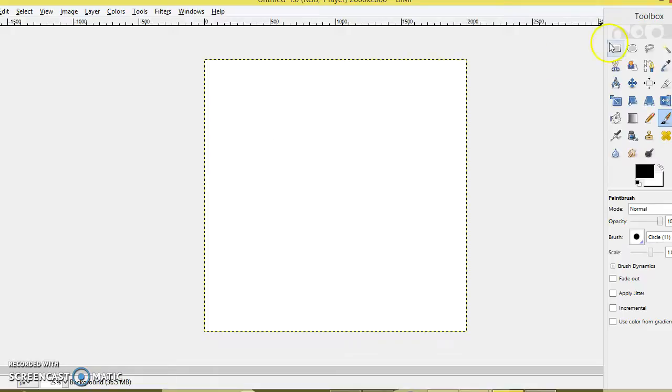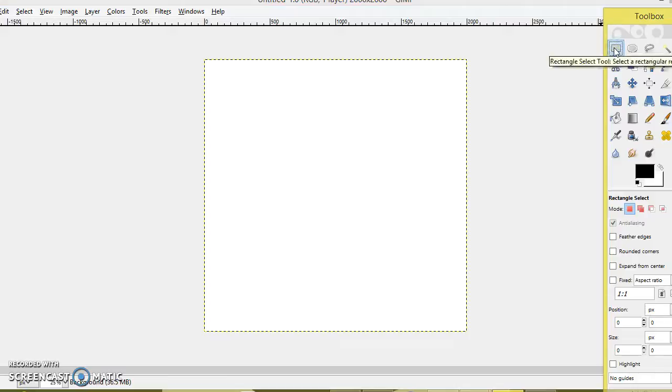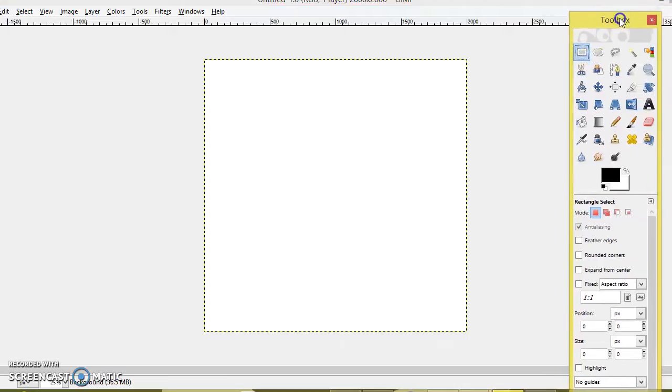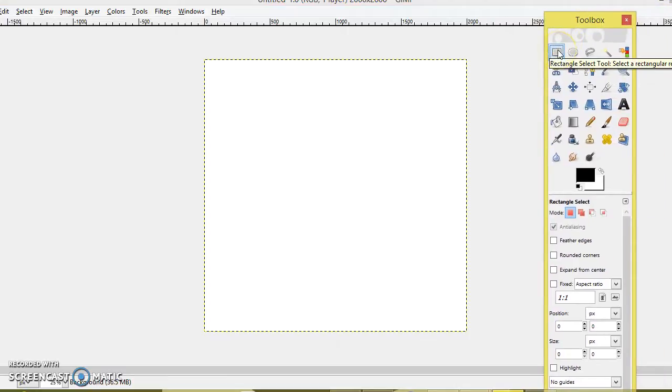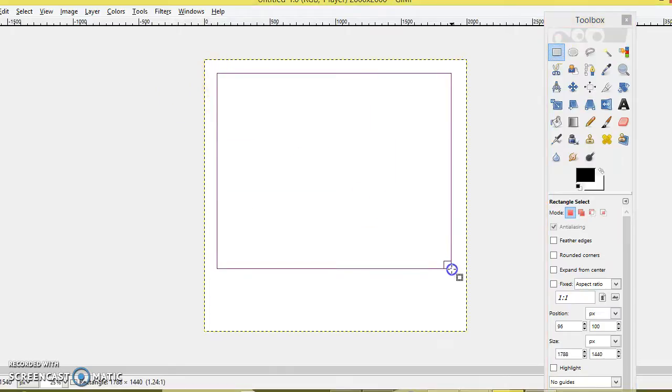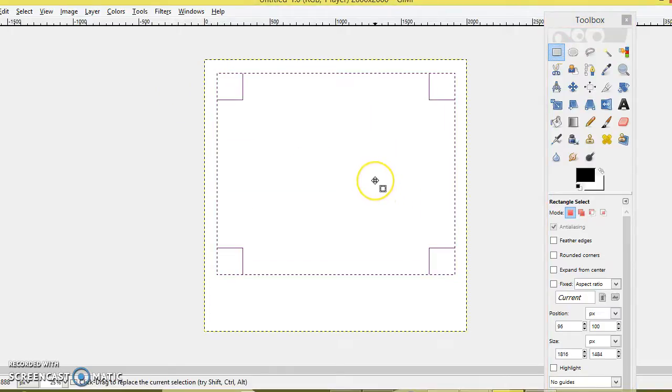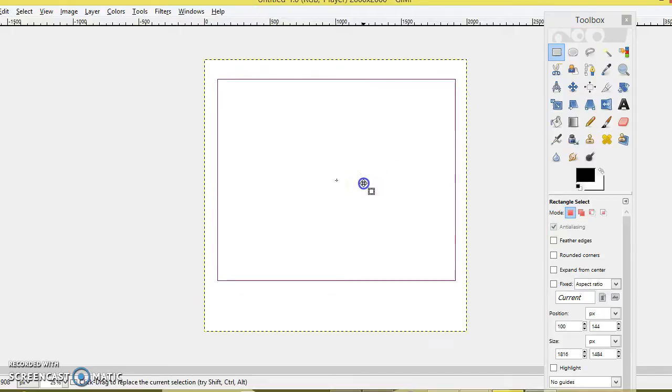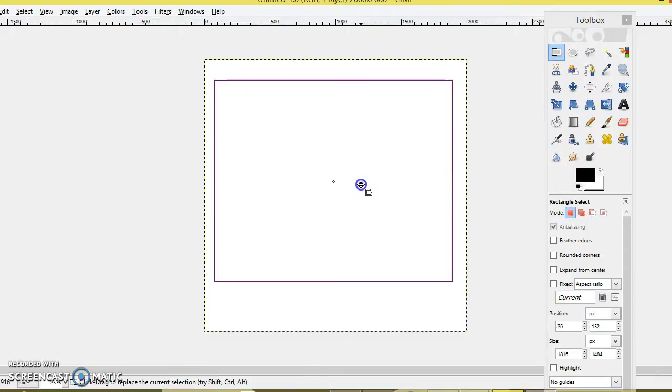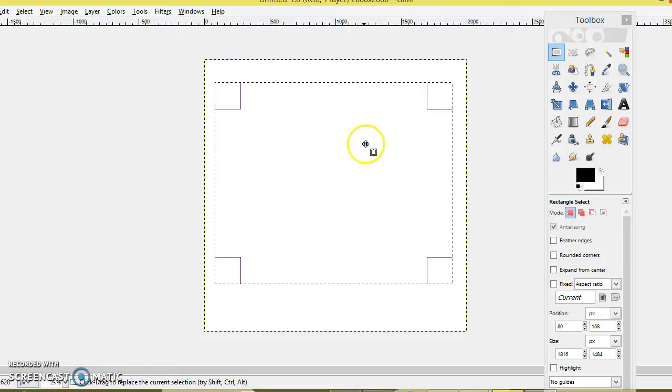So for this project, we are doing a mockup. The first thing I want to do is look at my toolbox and click rectangle select. This is the first one on the toolbox on the left hand corner. Click rectangle select, and you make your box. After you make your box, you right click to move it around to show where you want to put it. I want to put it closer to the middle. Then after you get it to your desired location, you left click